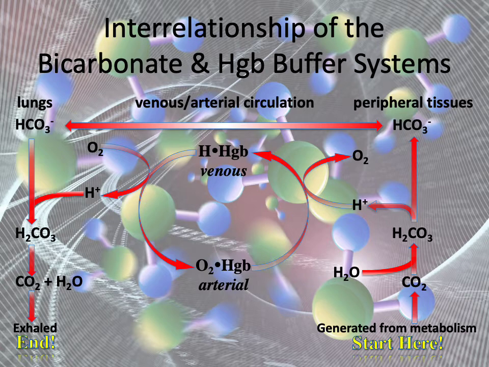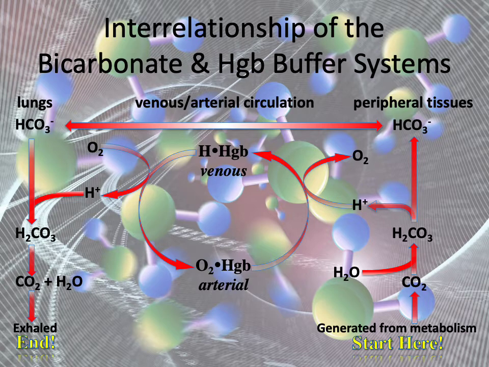And as we know, normal metabolism of glucose is going to result in production of carbon dioxide and water. Okay, so when carbon dioxide diffuses out of the cell, it's going to come into contact with water in the plasma or water in the red blood cells. In any case, let's stick with the red blood cells. Okay, that is going to make this easier to understand. So CO2 crosses from the tissues of the body into the red blood cell, and of course there's water in the red blood cells, so